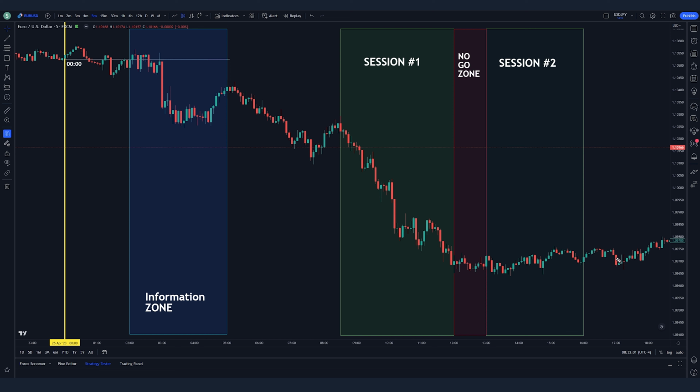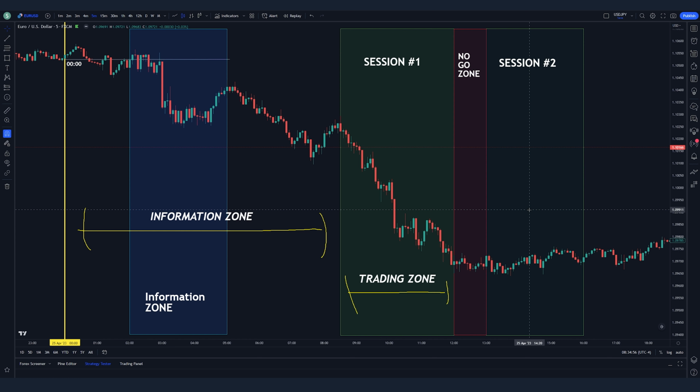There you have it, the best trading hours for Forex retail day trading. And the best thing is that they are backed with a lot of smart logic coming from thousands of hours of observation. Information zone, where you're building your opinion. Trading zone, for the actual trading based on your opinion. And a chill out zone for your session 2 or a backup zone if the market provides good trading opportunities. And those are the best trading hours for Forex retail day trading.